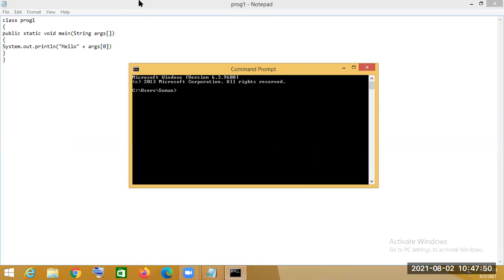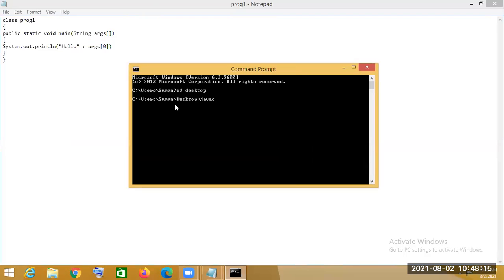Now the name of the Java file is program1.java. This program1.java is stored on the desktop, so we have to go to that path. First we will go to the desktop, where the Java file is present.